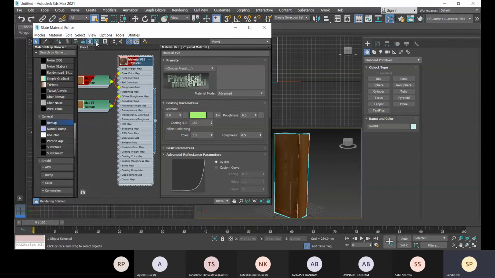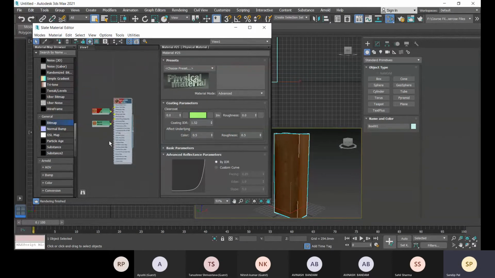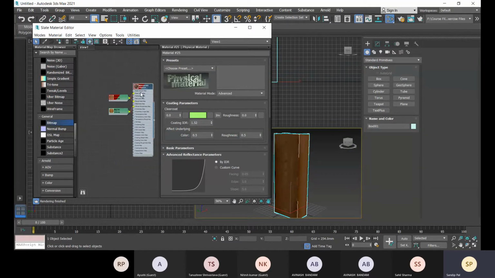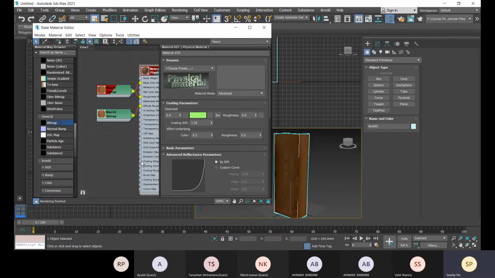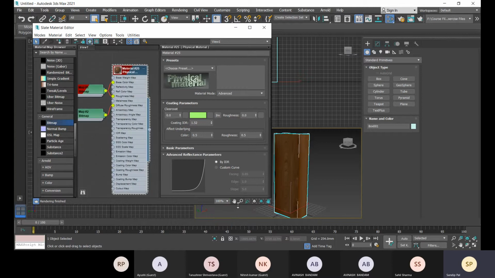Okay, and show background, if there is any background in the preview. And now here you see, if there are some more nodes and some more maps, you can zoom in and zoom out. And here in the bottom the navigation controls for this view are available. You can set it to 100%. You can pan, you can zoom, you can navigate.